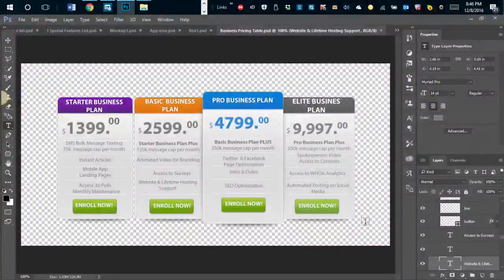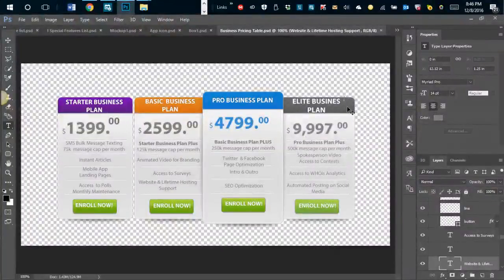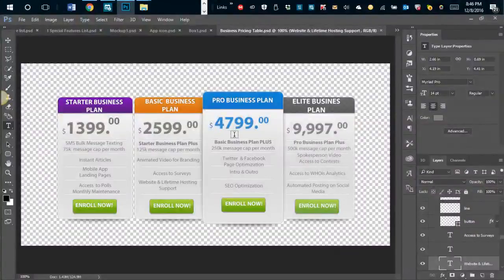Now, the corporation package. Okay, we got the starter business plan, the basic business plan, the pro business plan, and the elite business plan. I see you missed a typo already. I got it. Can I fix that now? I want to fix it. Okay, so this plan is starting off with $13.99. Then $25.99, $47.99, $99.97. Now, it does seem like a lot of money, but if you look at the amount of messages I'm giving them,